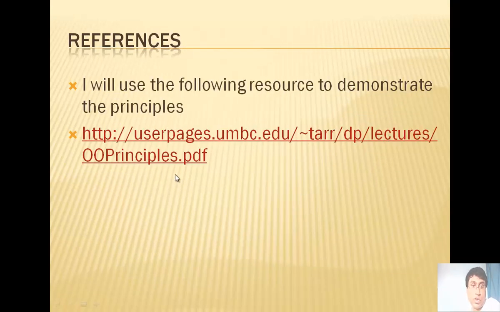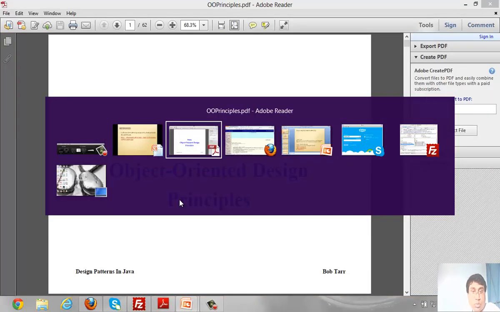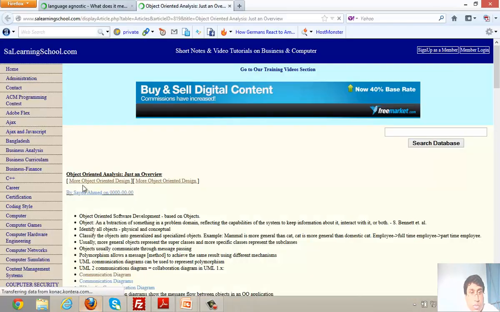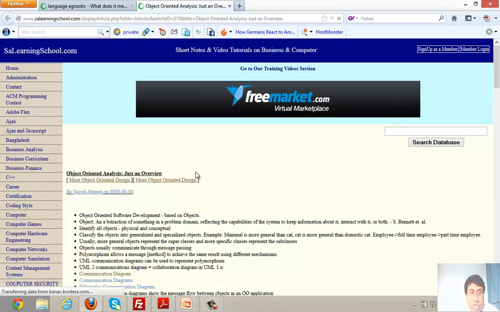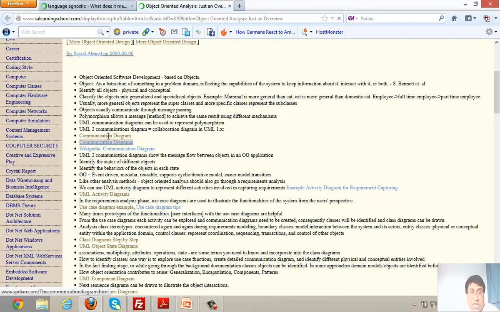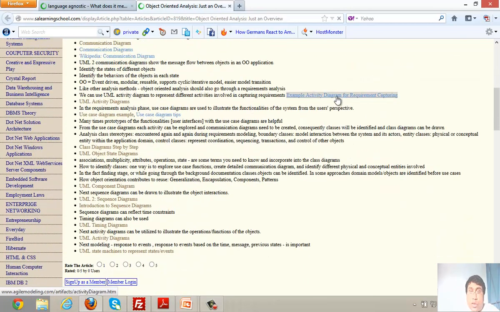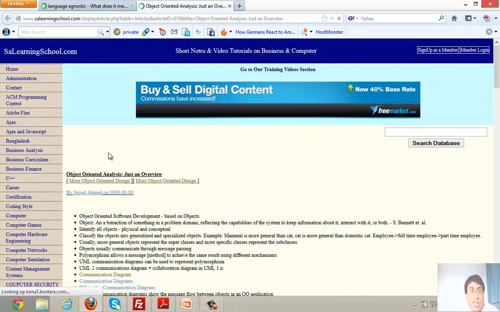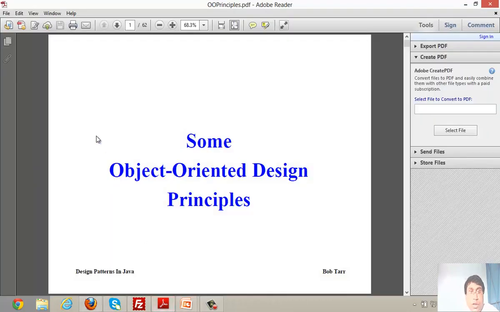Okay. So this is the slides for another professor. I will use this to explain these principles more. So here is the object-oriented analysis, just an overview. So it is just defining the steps and all of the different UML diagrams can be used and how the object-oriented design should work. Anyway,